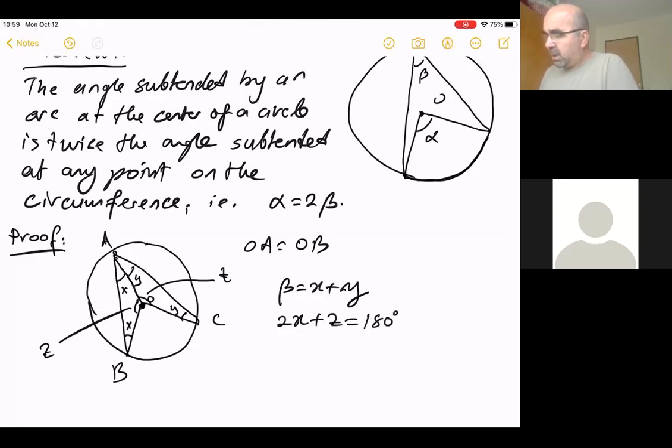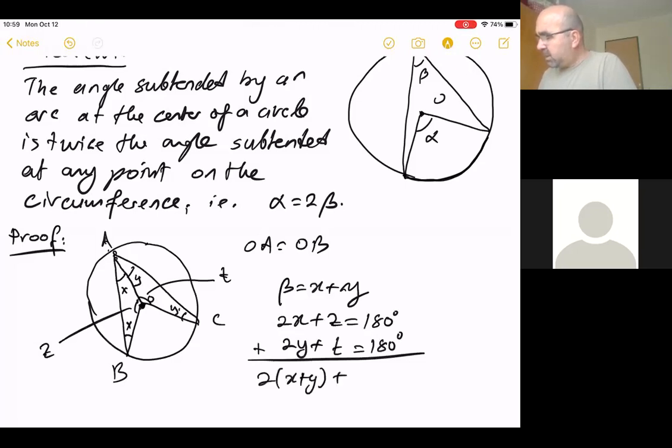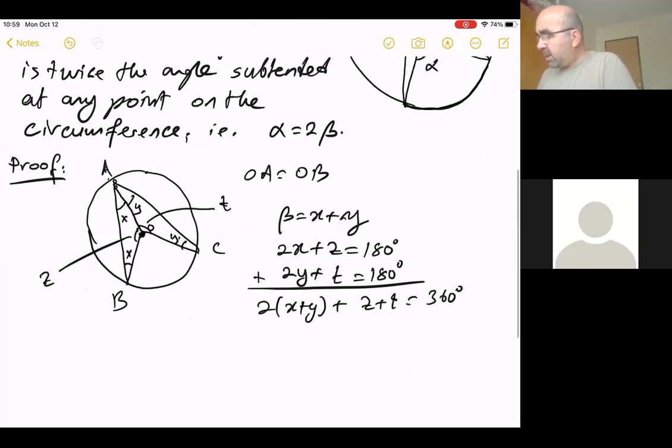Also, if you look at the other triangle AOC, then 2Y plus T is equal to 180 degrees. So if you add them up, 2 times (X plus Y) plus Z plus T is equal to 360 degrees. So therefore, this is X plus Y is